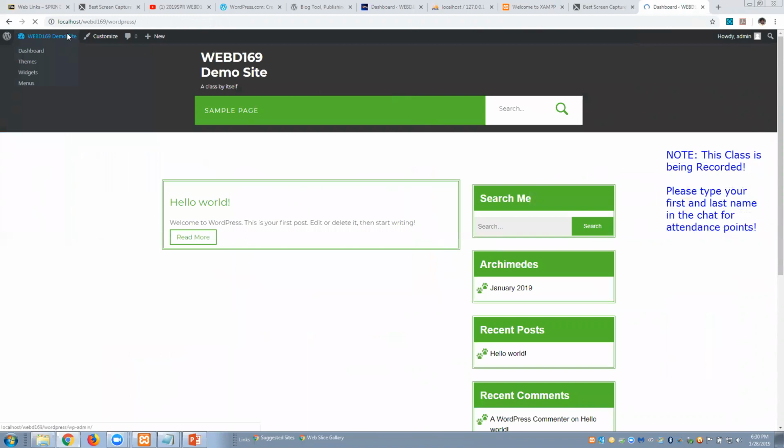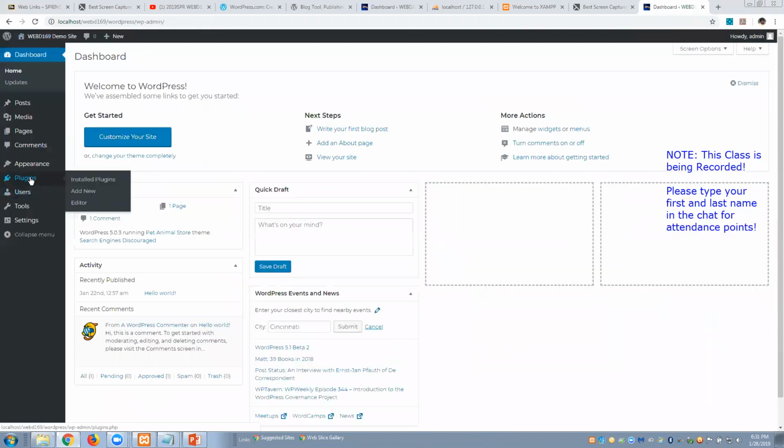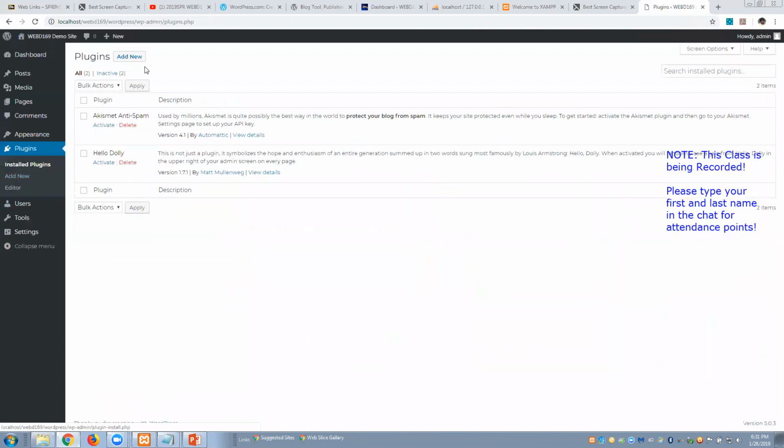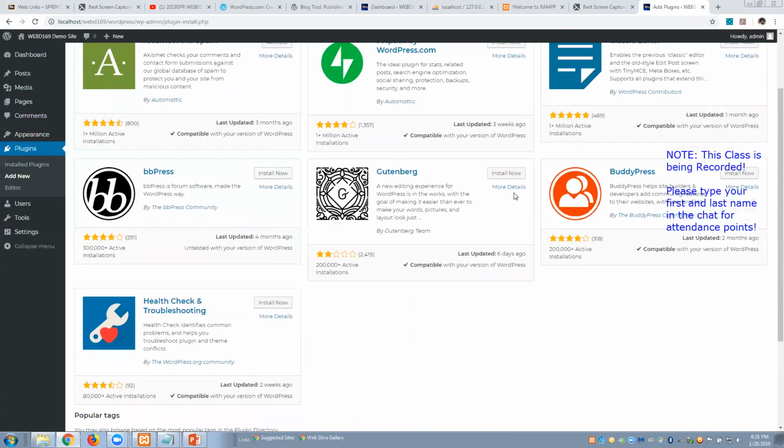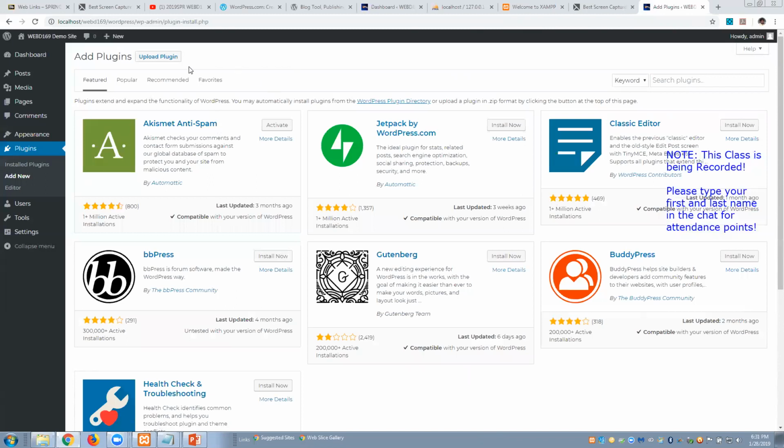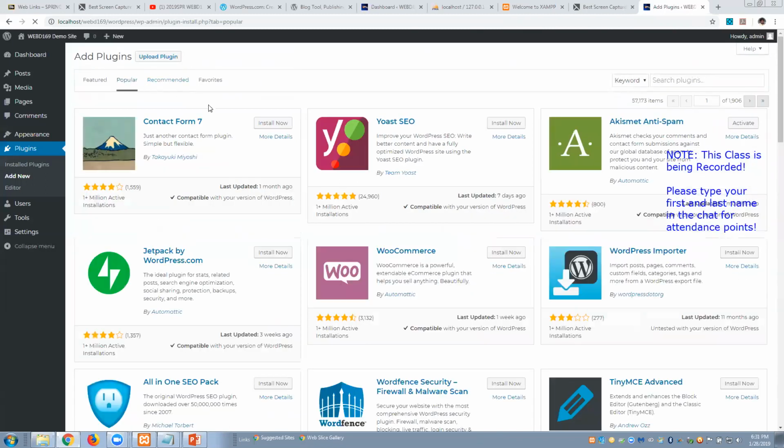As far as plugins are concerned, I can actually go to the plugin area. This is the easy way to add new. And I could choose from a number of different plugins that are available. BuddyPress, different items like that. I'm going to try to find something else here. Contact Form 7 is pretty popular, so I'll install that.